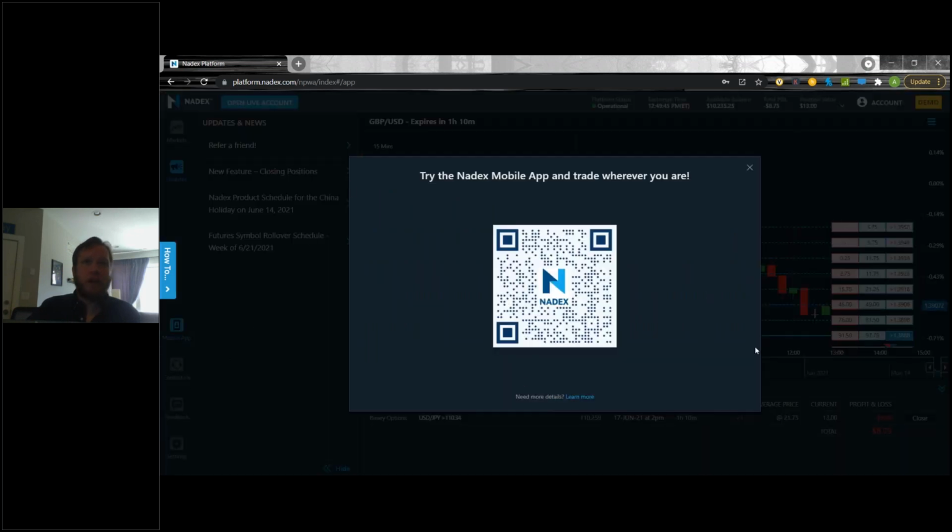Going on, if you click this button here and hover over that with your phone, it will actually bring it up on your phone. A lot of you, especially if you're new, may have noticed it says, go to Nadex.com in Safari. A lot of you may have noticed that we don't actually have apps in the App Store. This is going to be the best way to get our app. You don't actually even have to download it. You just add it to your home screen, and it actually works a little bit better. You never have to download updates. They automatically go in.